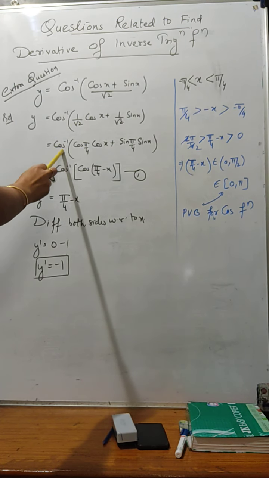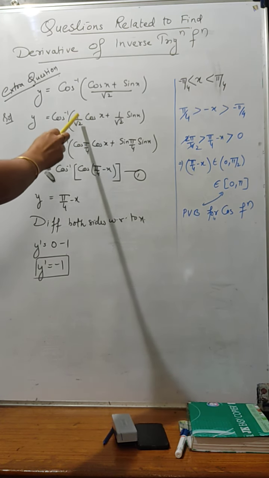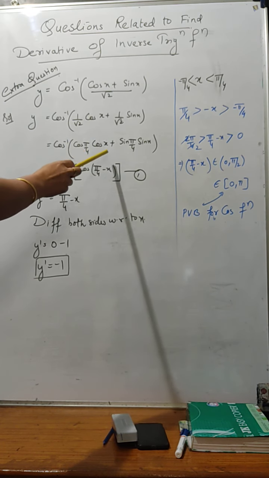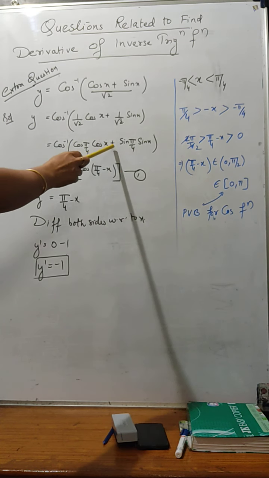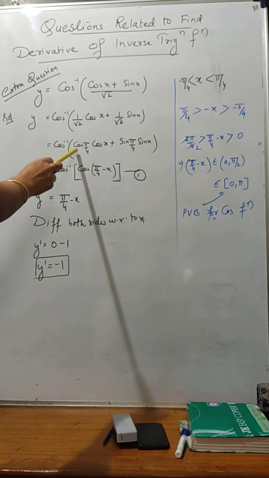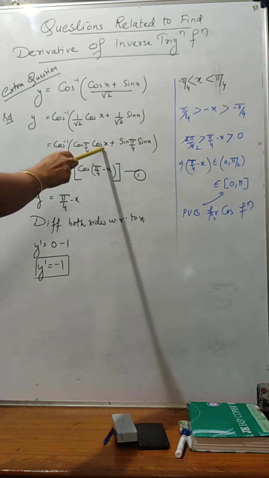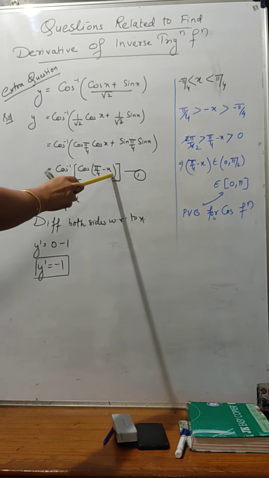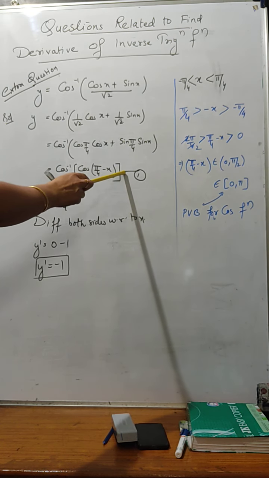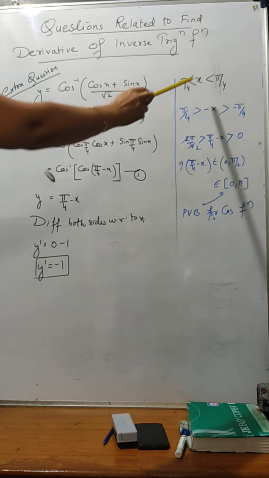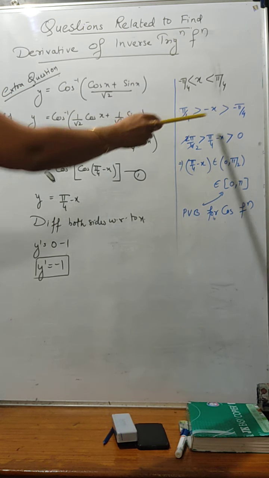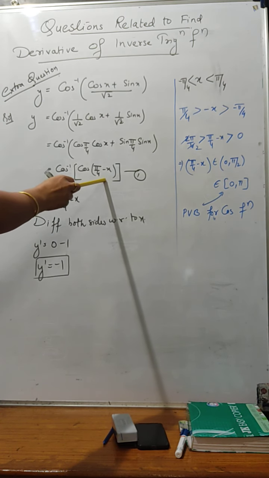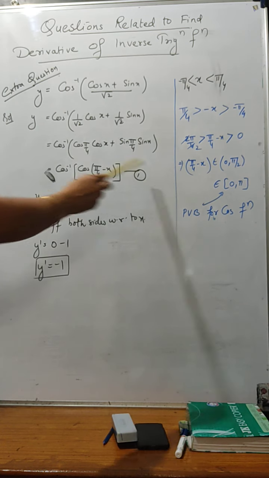And since it is cos inverse, we have adjusted 1 upon root 2 with respect to the formula of the cos function, that means the cos a cos b plus sin a sin b pattern. So 1 upon root 2 in terms of cos is cos pi by 4 cos x plus sin pi by 4 sin x, that is cos of (a minus b). Now after reaching this condition, giving us equation number 1, we will be adjusting the interval according to this interval and seeing whether it is lying within the principal value branch for the cos function.